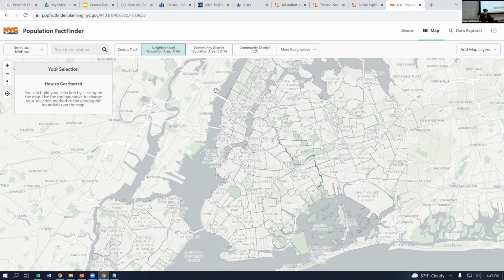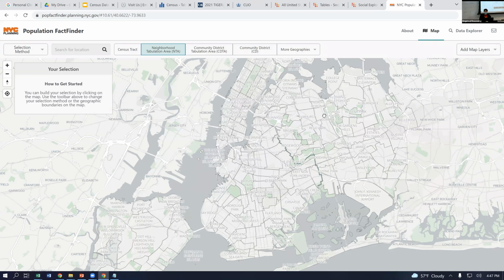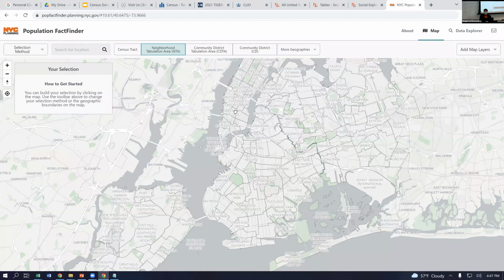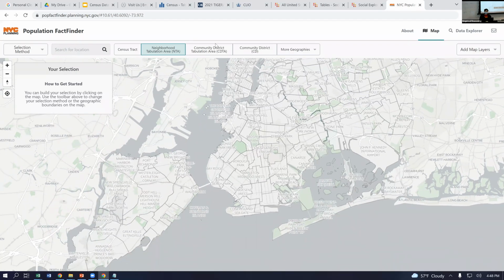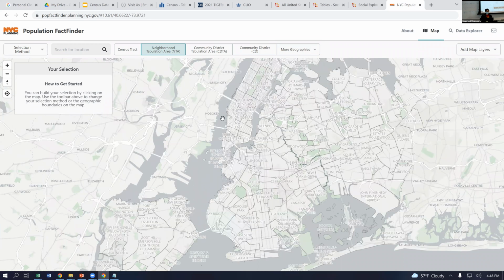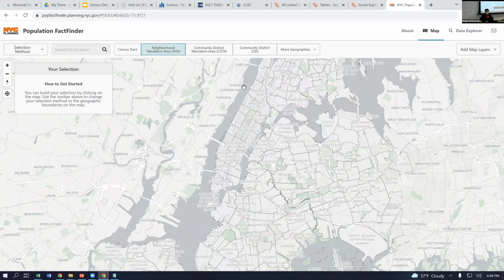And a really useful thing about this website is that you can select a particular study area and compare that to the city as a whole, or to a specific borough or to another area that you're interested in. So if you have some really specific question about Midtown or about Harlem, you can select these different neighborhood tabulation areas and compare them to see how they compare to the average, if they're higher or lower or about average. So we won't go through downloading here, but